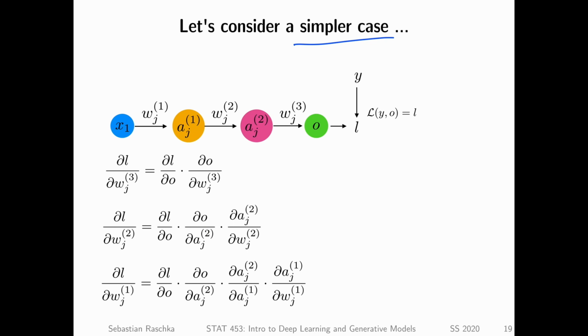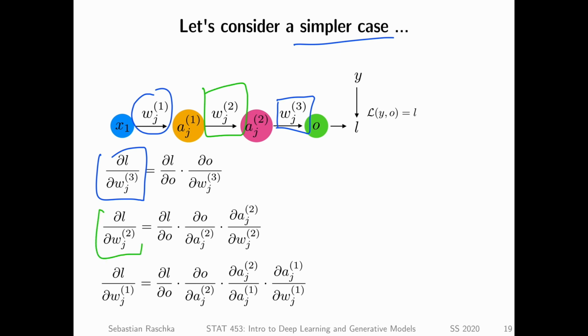So what I'm doing here is I'm showing you the same thing a little bit in more detail. So first we were only computing the derivative of the loss with respect to this one weight, but of course in a neural network we have multiple weights, or in general parameters. Another parameter would be the bias. So we need to compute multiple partial derivatives with respect to the parameters. So for example, to compute this one, we have this term. For this one, we have this term. And for this one, we have this term. And as you can see, of course, the derivatives become more involved, but there's also some recycling going on. This is nothing new. This is something we have talked about before.